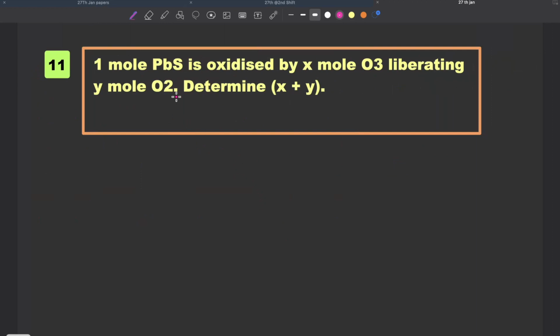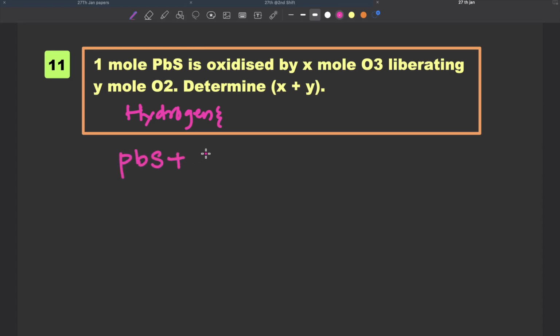We will move to the next question. This is another important question. This question is surprisingly from hydrogen and its compounds. Hydrogen and its compounds, according to NTA, it must be in the deleted syllabus. But you can also consider this reaction as a redox reaction. We know that